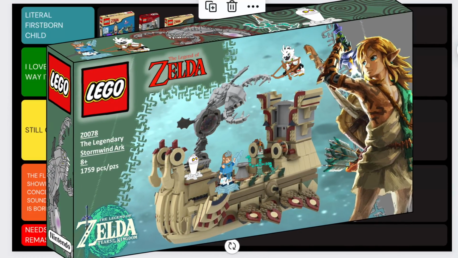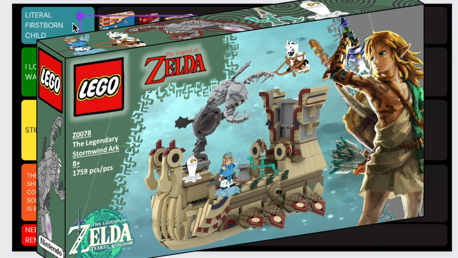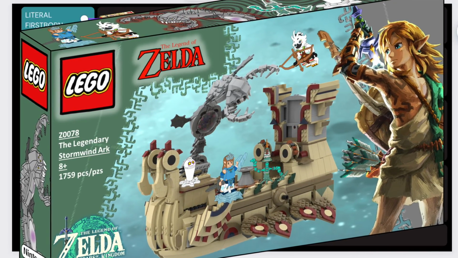Z078, this is Legendary Stormwind Arc. This is the Skyboat and Colgera, and yeah, no, I love this. It's not quite literal Firstborn Child. I think it has a couple of little problems that hold it back, but I would go crazy over a